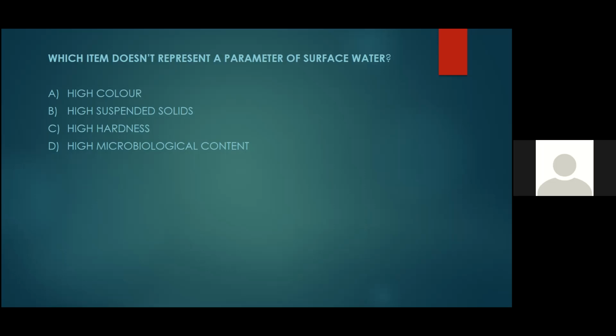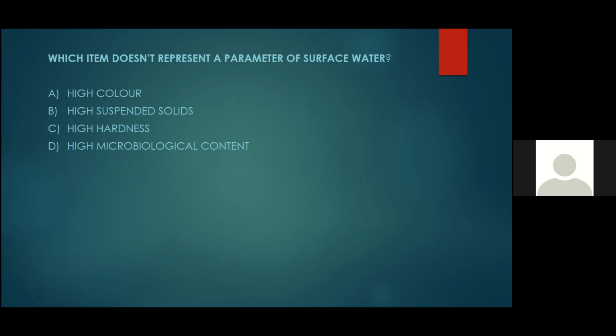But what it doesn't have is, because it doesn't go into the ground and get in contact with the rocks, our answer here is going to be C, high hardness. You have to think where hardness comes from. Hardness is calcium and magnesium, and you're going to find that in the rocks, and that's more for the